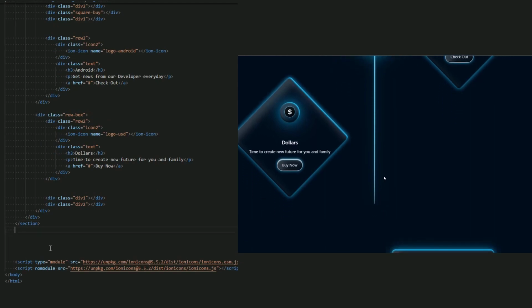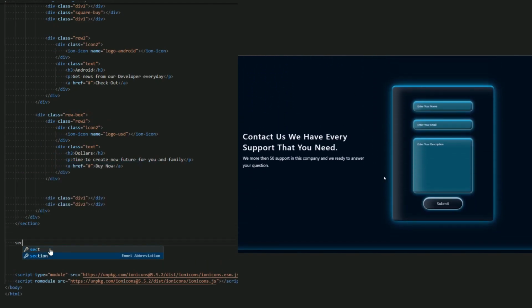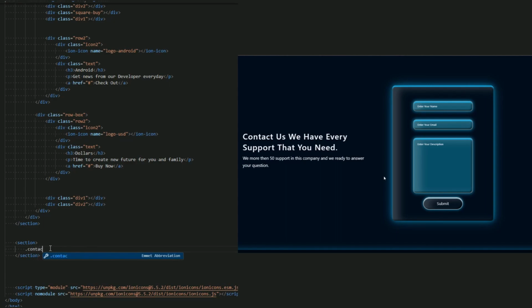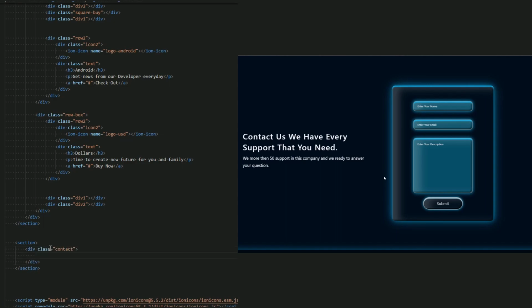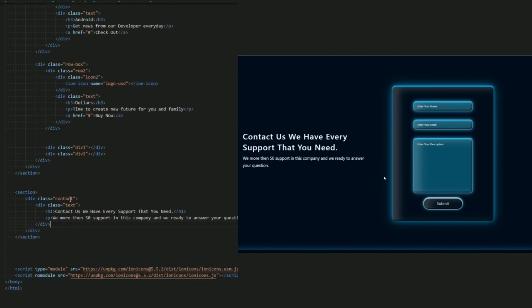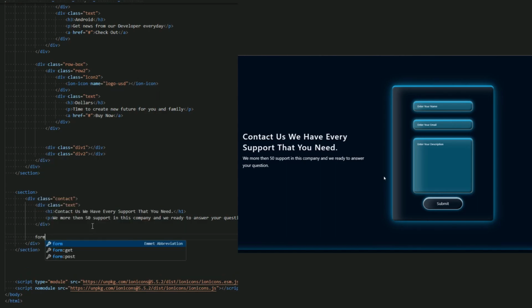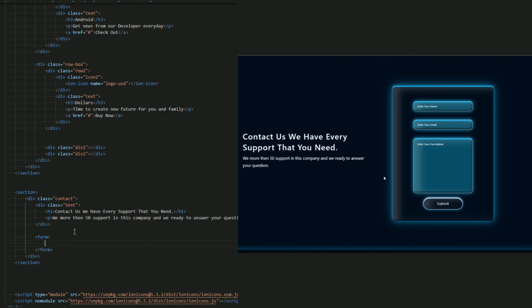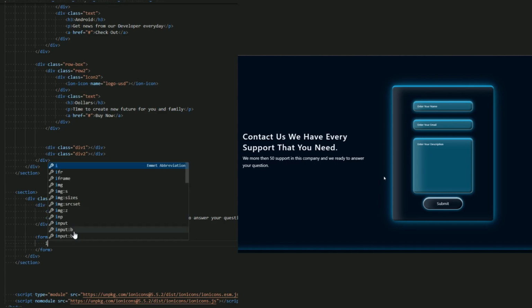Let's go next. Let me create a section and name it contact. This is a contact page. So in a contact, we want the text and this form. First I start with the text, h1. Let me just copy and paste it fast. Now let me create a form inside the contact form. We don't have an action because we don't have a PHP. We still have a note because we use simple HTML and CSS. We don't have a PHP.